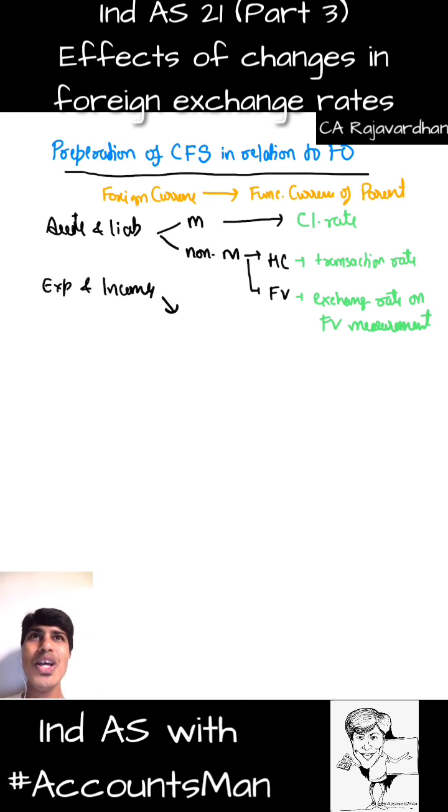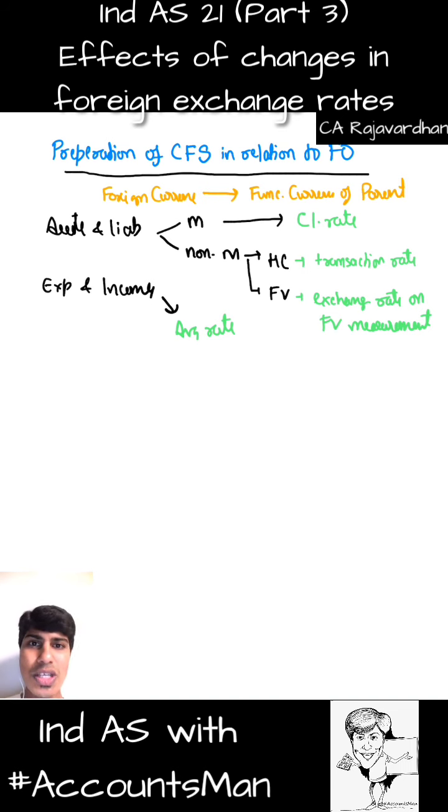That's highly impossible, because we'll have thousands of transactions, each of them falling on different dates. So you cannot do them individually. So what we do is we go by the average rate, average for the entire period. When we do this entire conversion, we convert the trial balance of my foreign operation into my trial balance in the functional currency. Later that will be merged to form the consolidated financial statements in the functional currency of the parent. So this is how we're going to do it.